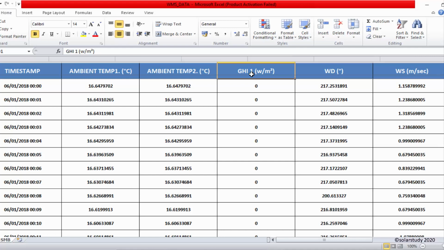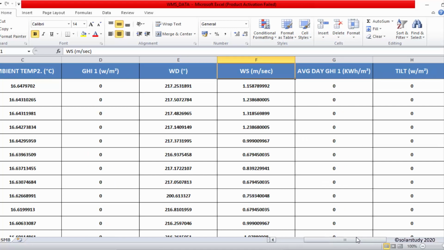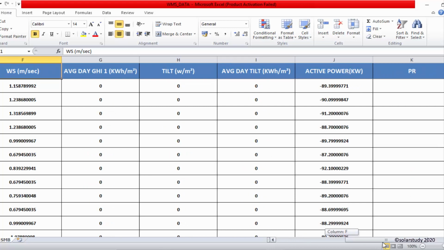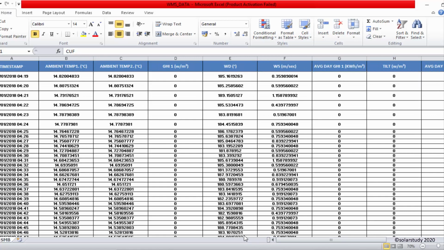Then wind direction, at what angle, 217 degrees, and wind speed in meter per second, then average GHI, then tilt, what is the tilt angle, and at what angle irradiation is coming, so this is tilt irradiation, then average tilt irradiation, then active power, then PR and CF, which we also need. All that they have acquired.